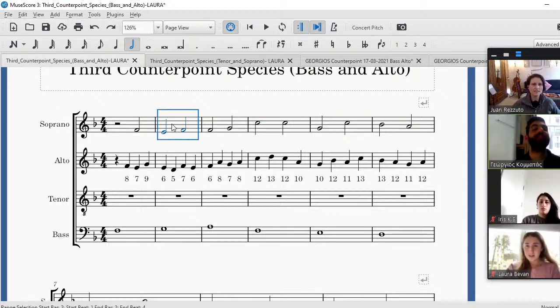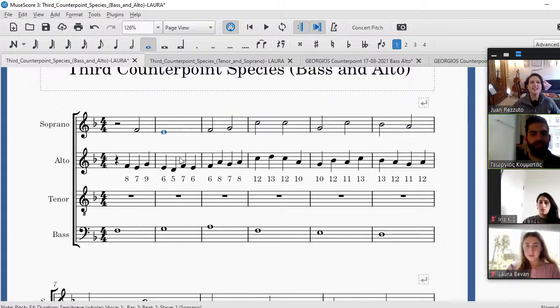The reduction, the first should be a whole E, no? Well, the thing is, double neighboring notes. But this is a double neighbor note, yes. If we forget about the fact that we put two dissonances in a row,